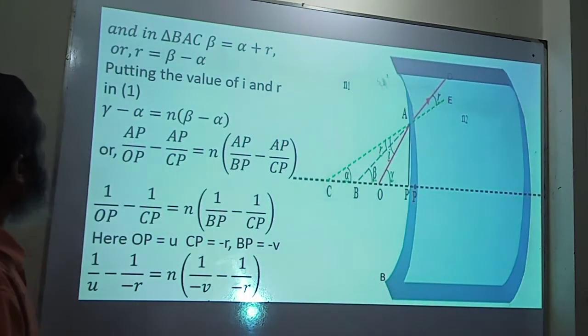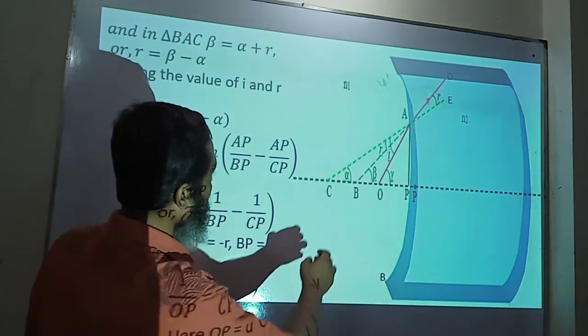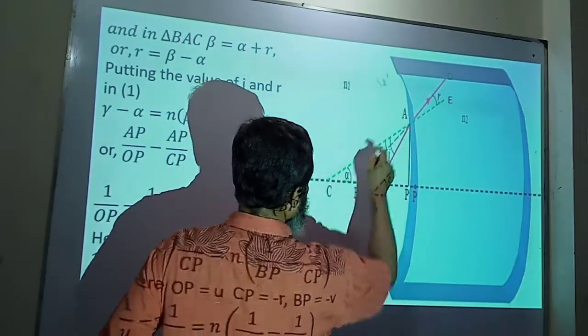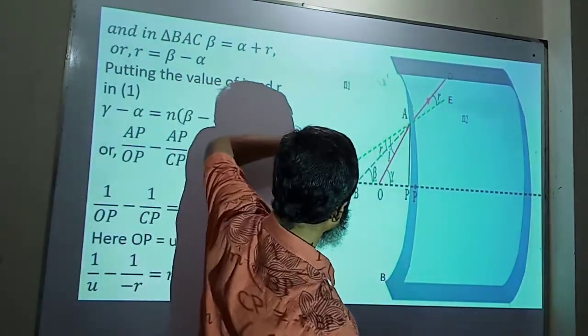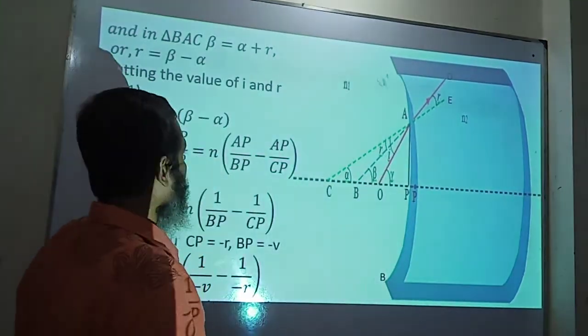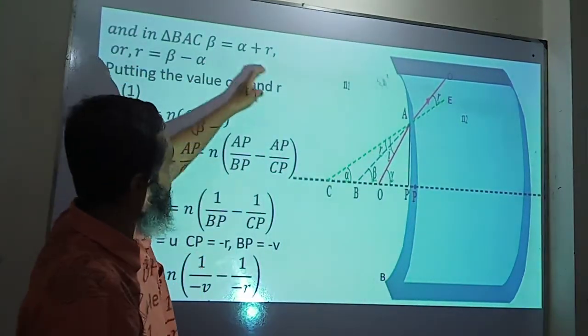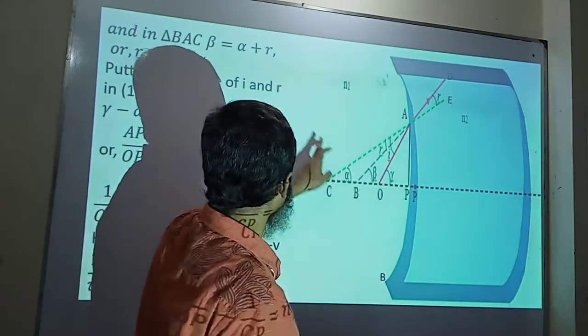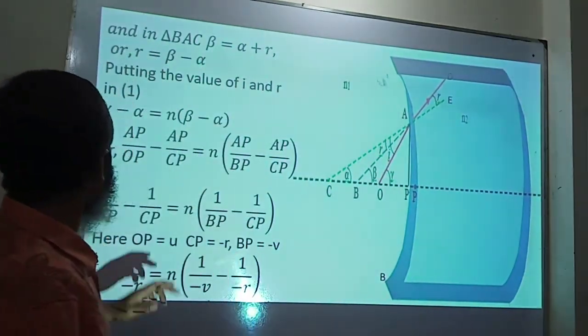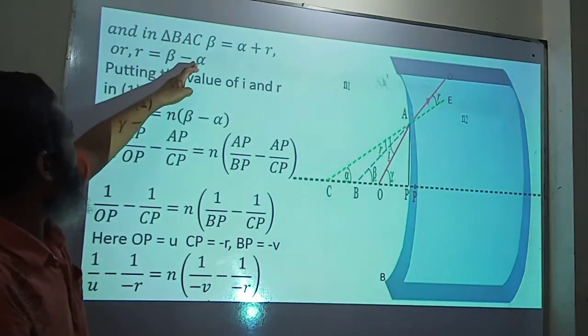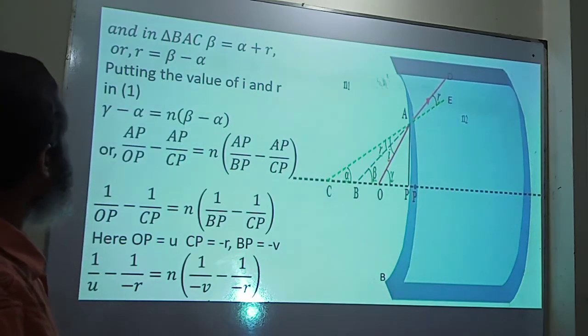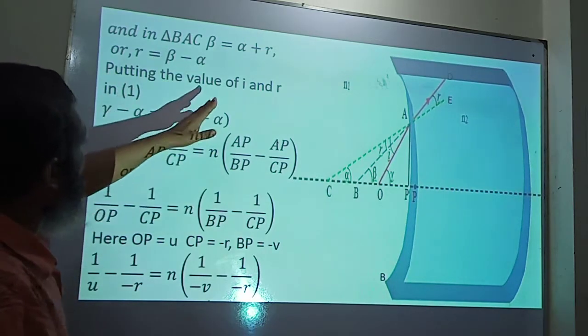And in triangle BAC, beta is the exterior angle, so we can write beta is equal to alpha plus R, that is R and alpha, so beta is equal to alpha plus R, or R is equal to beta minus alpha. Now putting this value of I and R